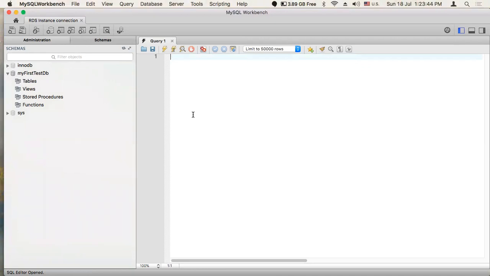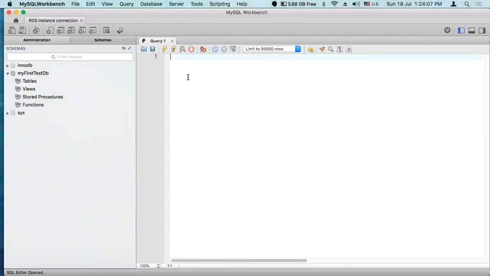So we have created our database in RDS and connected to the newly created RDS from Workbench. It means three steps are done. Now the last step, step 4, is to delete the RDS DB instance.